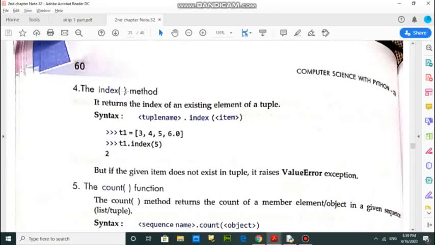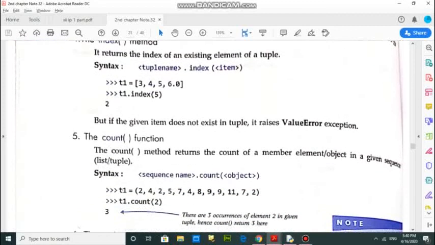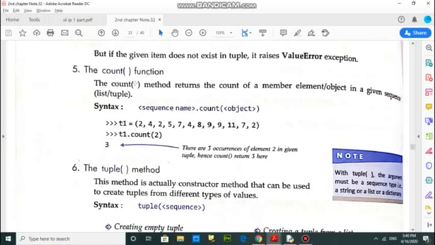And this is the index method. This index method is the same as the list method. For example, t1 equals the tuple, and here I am giving t1.index(5). The index value of element 5 will be returned. And the next function is the count function.